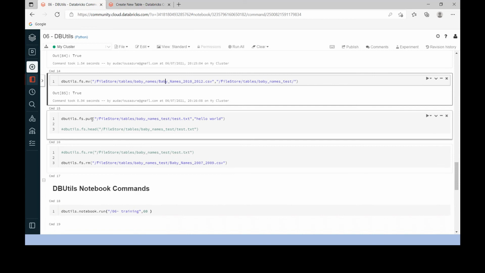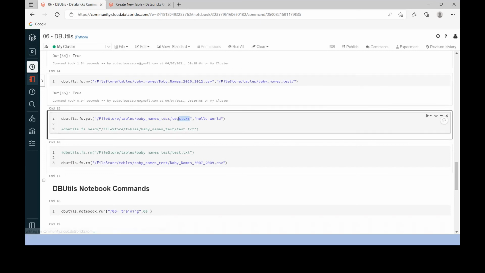Next one, the put command creates a new file within the Databricks file system. So for example, I want to create a new file under baby names test, and I want to name the file test.txt, and the content of that file would be hello world. I can give anything, but here it is simply creating one text file, test.txt, under baby names test.